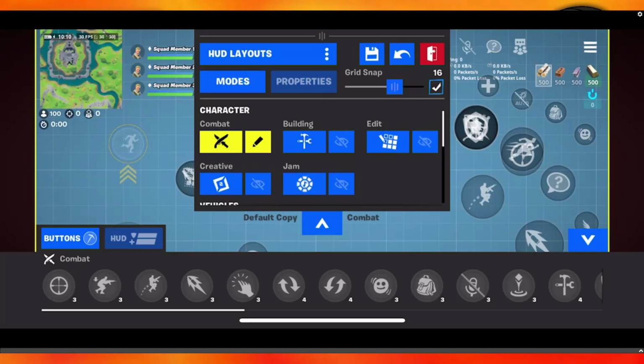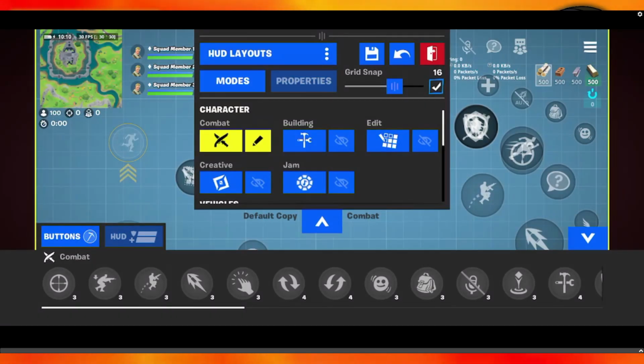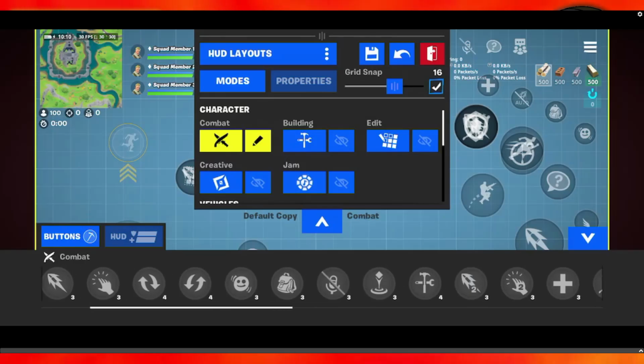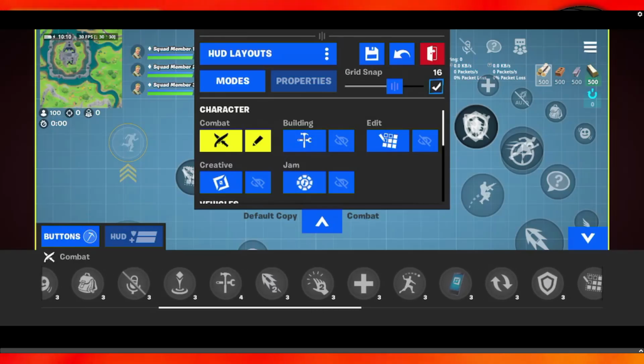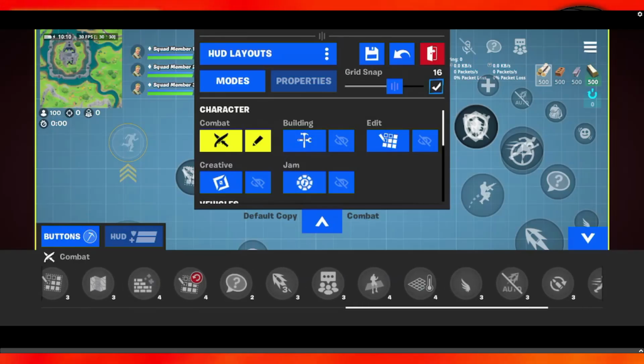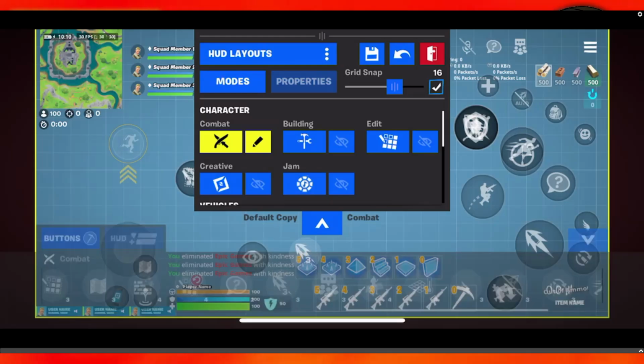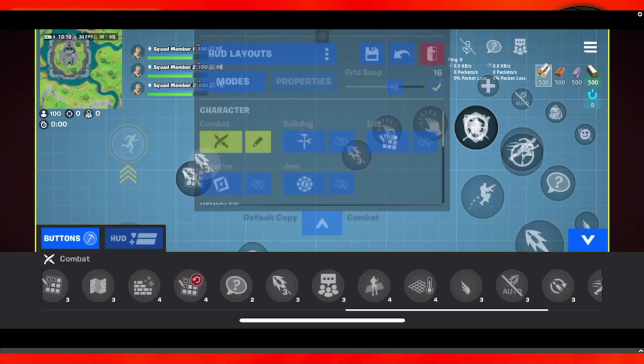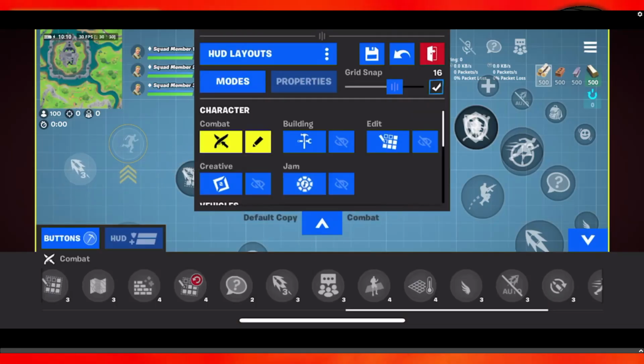Once selected, here you will be able to see all of your current buttons and layouts or controls, and what you can do is edit it. So you will have all of your different buttons here at the bottom and you can scroll through them. And what you can do is simply press and drag onto any of these buttons and place them anywhere on